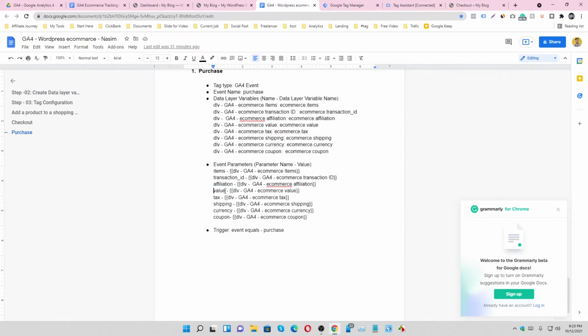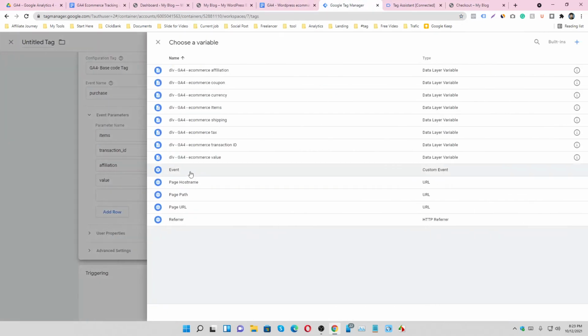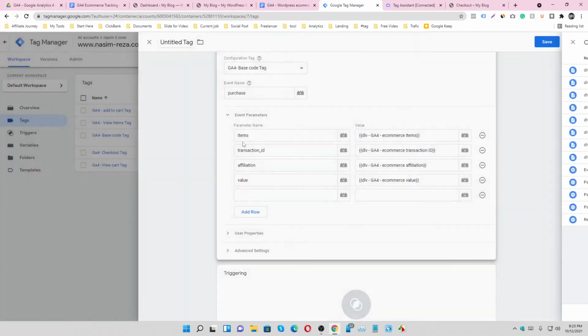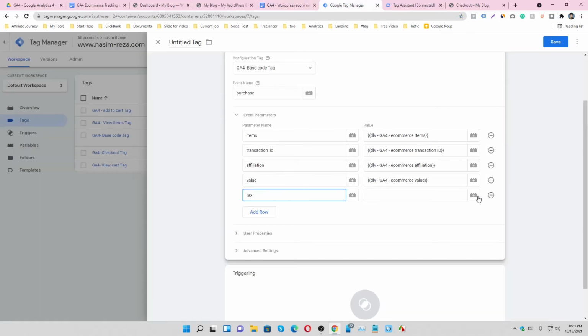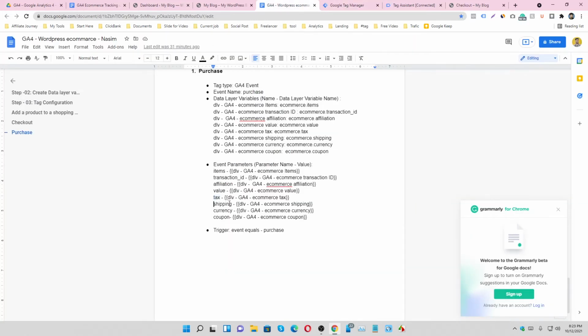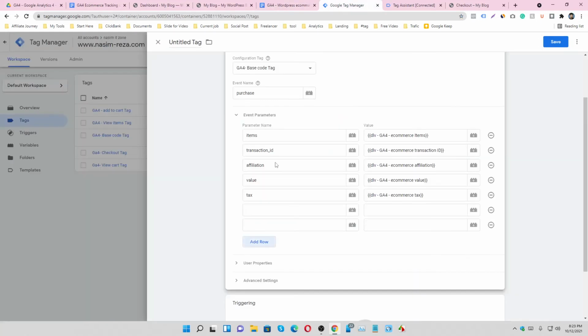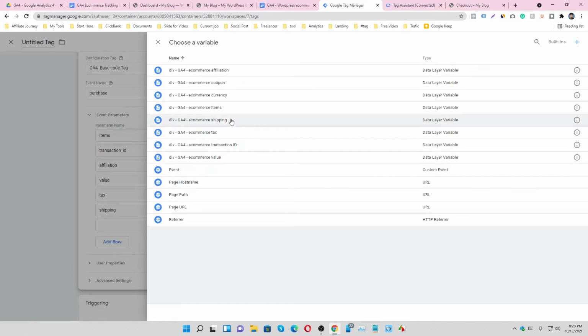Then copy the value, paste it here and select the e-commerce value, and then select tax and tax, then shipping information, and then shipping.